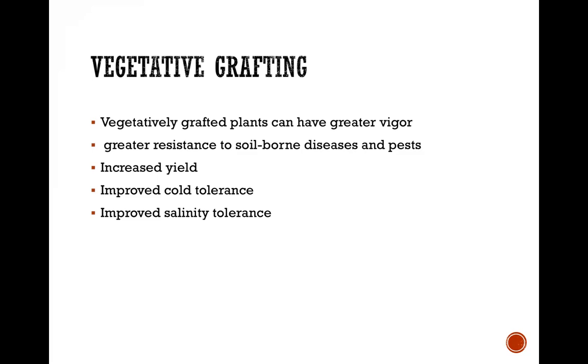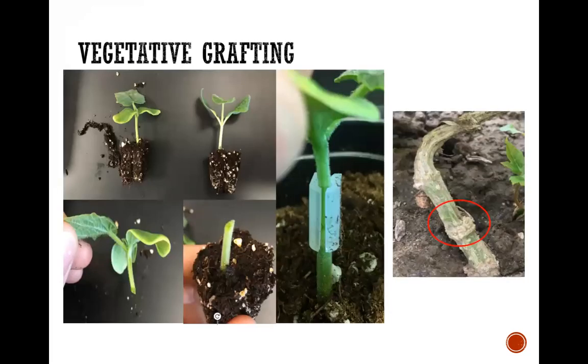But this has been found to increase vigor in plants that are grafted. It can reduce disease issues. It can improve yield. It can improve adaptation to environmental conditions like cold tolerance and salinity tolerance. So it can look something like this. This is work that I did with pumpkin and cucumber. You can see that I took the pumpkin and the cucumber and essentially made a whip graft, and you can see the callus forms. What I was looking at is, can cucumbers grow in cooler conditions when grafted? And we did find that when you grafted a cucumber onto the pumpkin, it did improve yield,